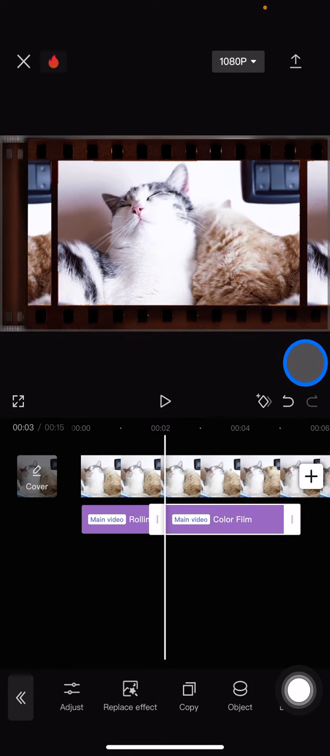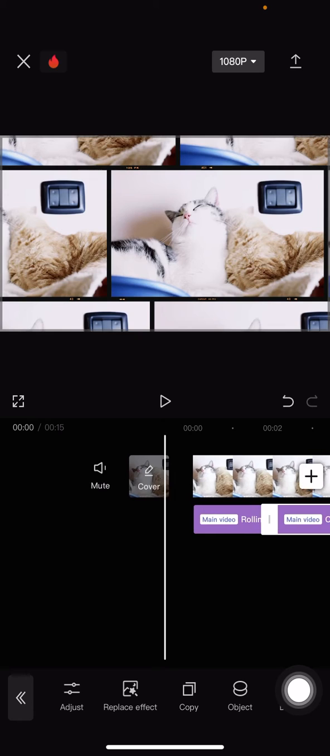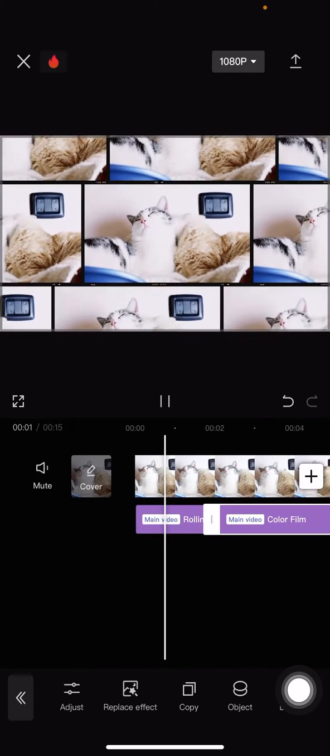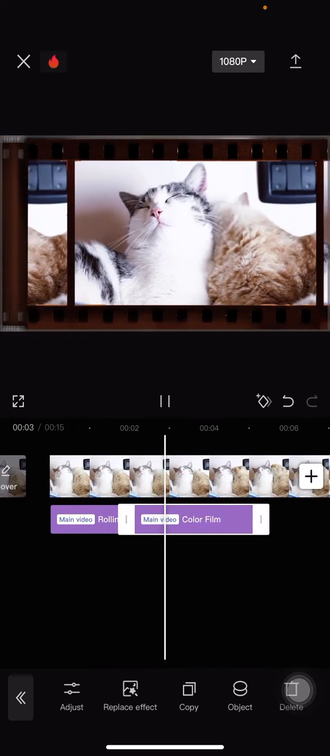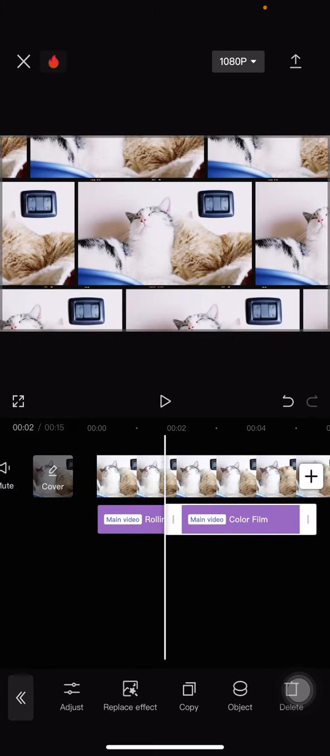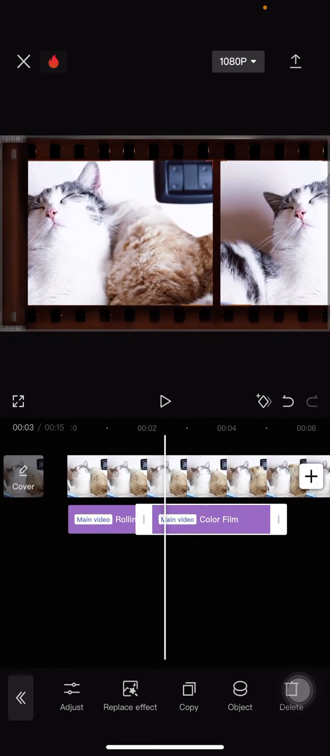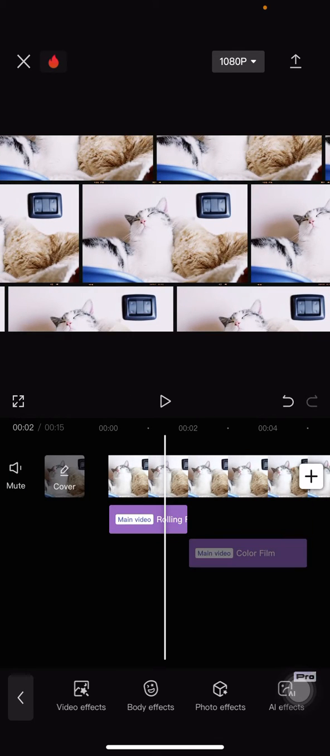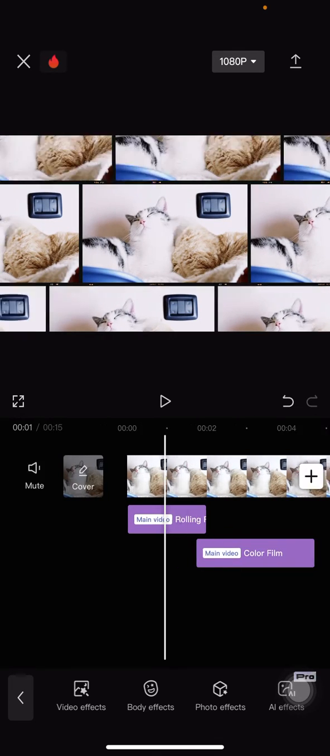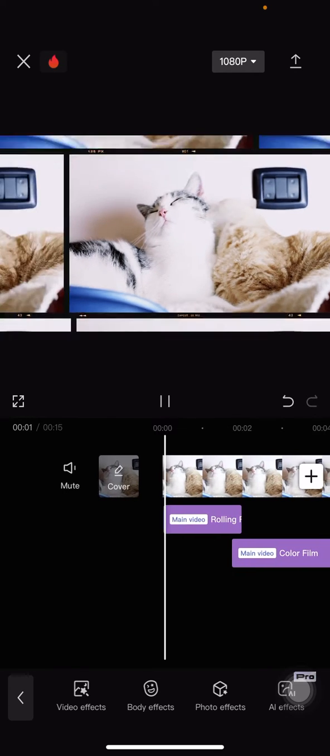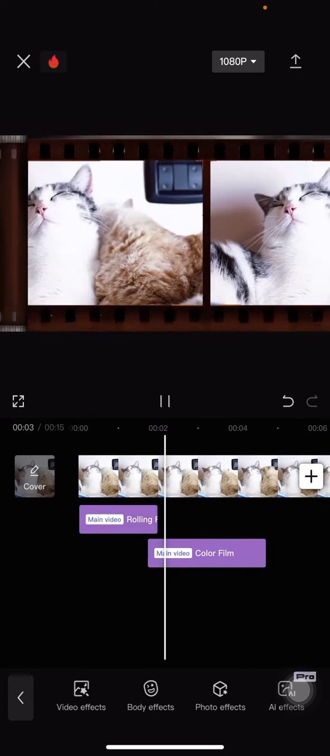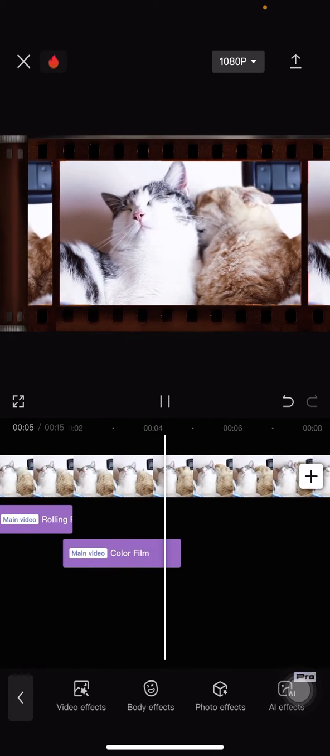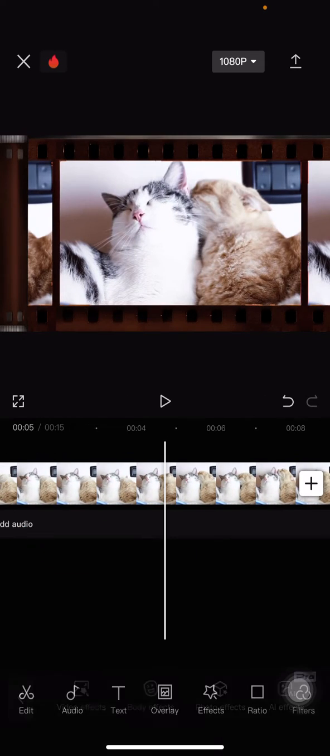Now let's have a check from the beginning. Okay, you can see that there is a hard movement, so I would like to bring it down here so that there will be a smoother movement. You can see right there. So that's it. That's the way how to edit a video in the CapCut